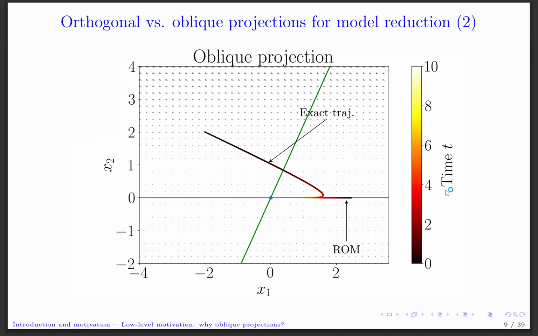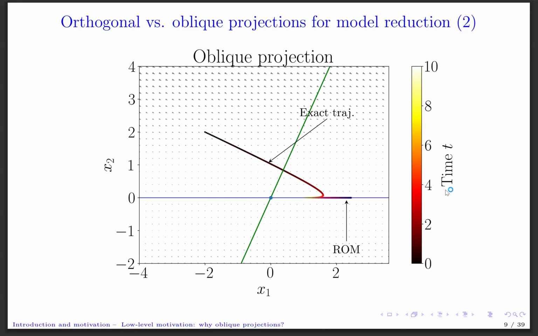In fact, we take the initial condition here. Instead of projecting it down, we will project it obliquely in a direction that is orthogonal to the green line. We get another initial condition for the ROM, and now we evolve it. And so we see that both the ROM and the exact trajectory approach the origin from the right, which is